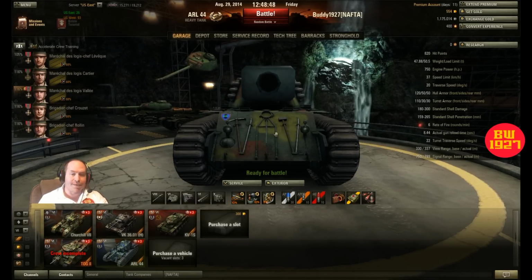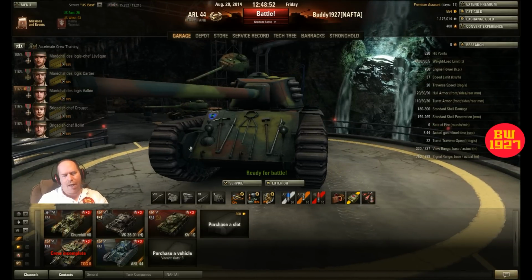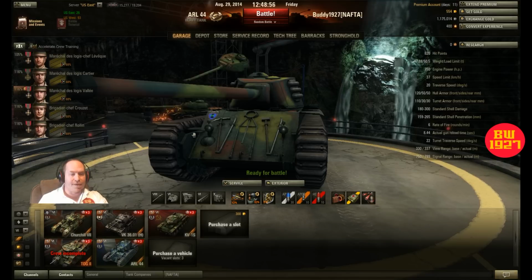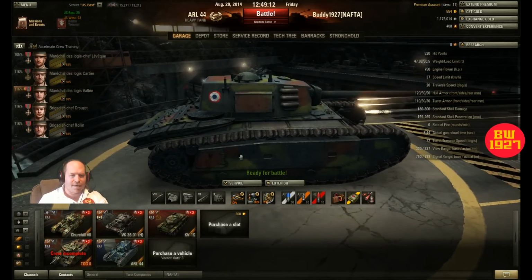Try not to angle this tank, because once you angle, you expose the sides. Now, if you're up against an inexperienced player, they might not see that sticking there, and they'll try to hit you there instead of hitting you here. But you want to get these sides protected. Side on this tank, both